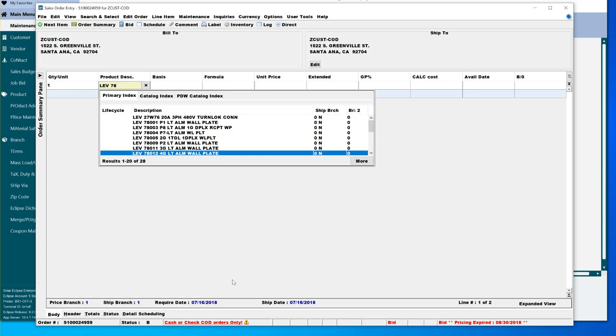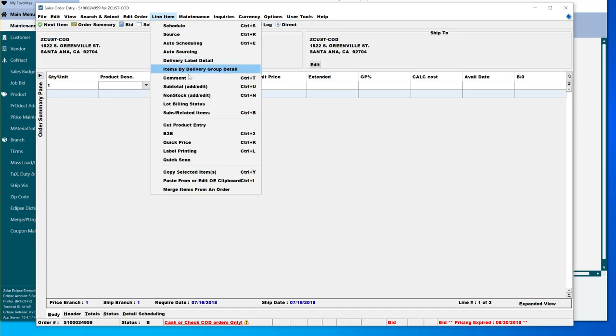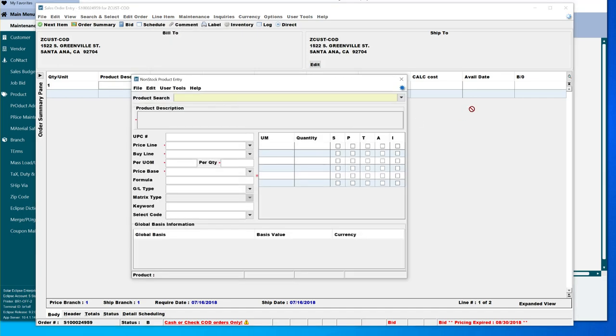So you can create a manual product in Eclipse, as we know. We'll just blank this out here and go to line item and new non-stock item. This encourages a lot of mistakes. The salesman's in a hurry, he's going to put in the bare minimum. Green thing, UPC code blank, price, don't care. Next, next, next, done. They just want to get it on the order, get the customer gone, and let it